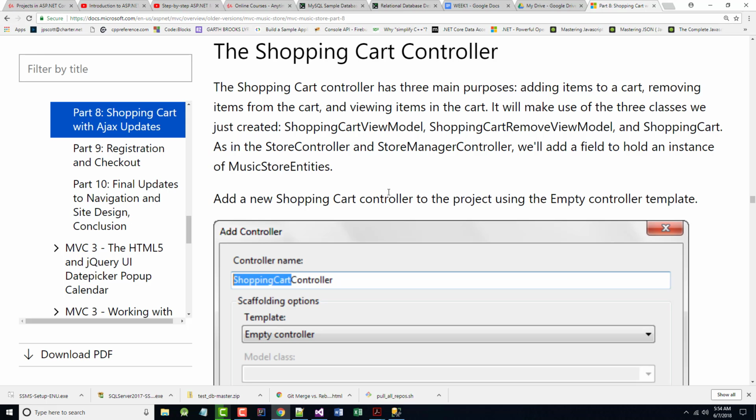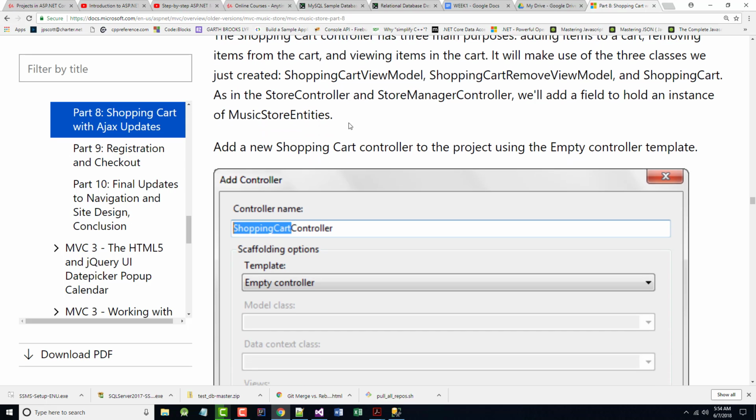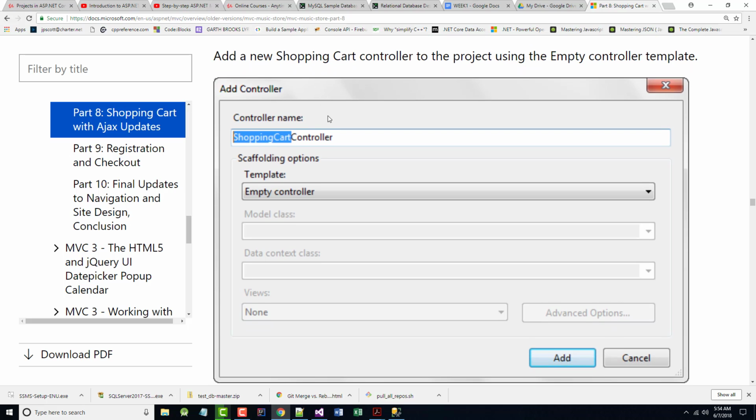So basically it's CRUD. It'll make use of the 3 classes we just created: the shopping cart view model, the shopping cart remove view model, and the shopping cart class. As with the store controller and store manager classes, we'll add a field to hold an instance of MvcStore entities. So we want to add a new shopping cart that's empty by using the